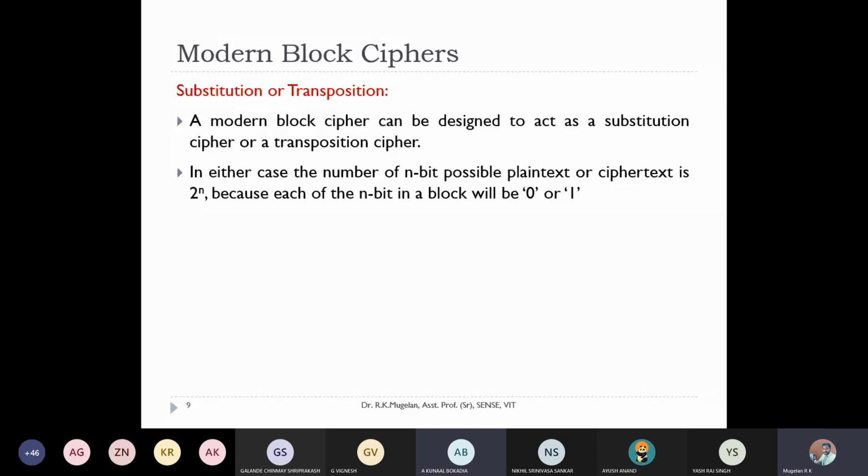So substitution cipher means shifting the plaintext into ciphertext with the help of one standard key, whereas a transposition cipher is writing the plaintext in one order and giving it in one particular order, which acts as a key. There's no key required in a transposition cipher. Not exactly. There are also keyed transposition ciphers.